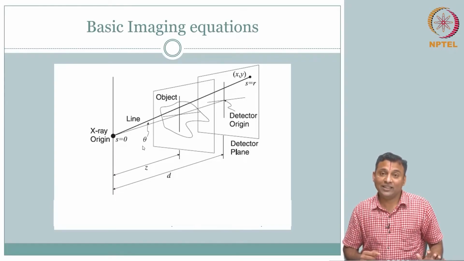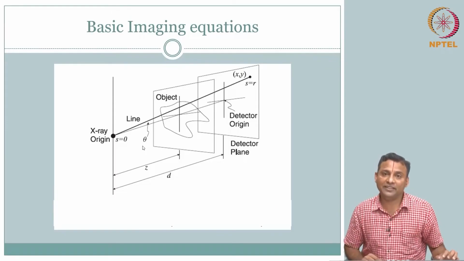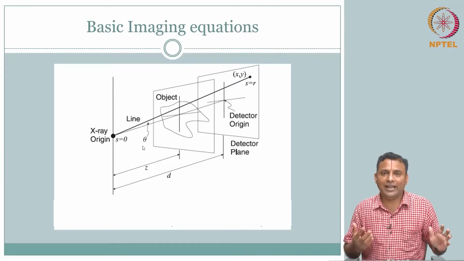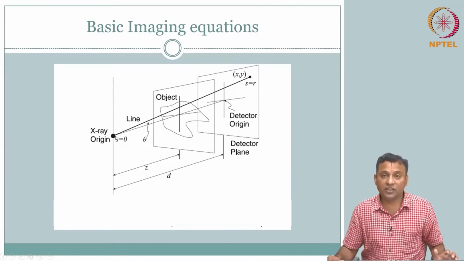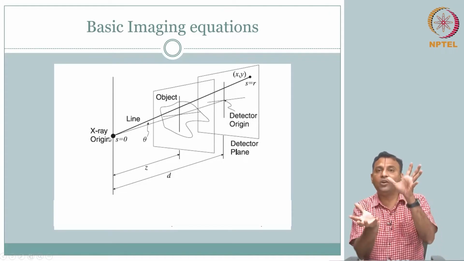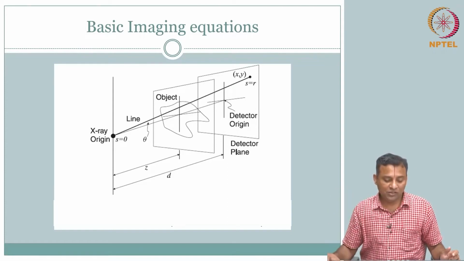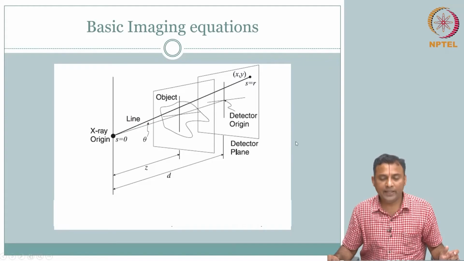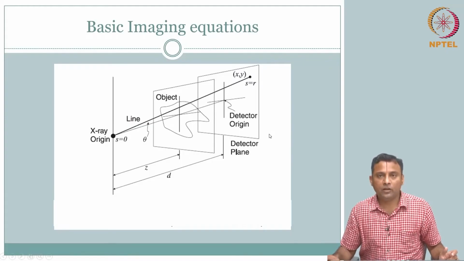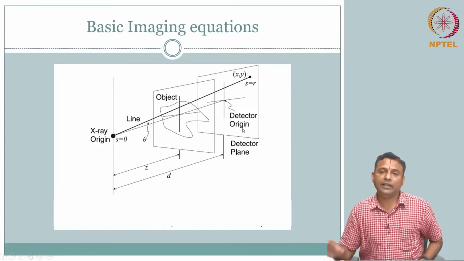Now the question is, is it actually hitting the delta x everywhere it is hitting? Is it hitting the same way, or because of the instrumentation is something not? You already have some answers, right. We already saw that the X-ray source is giving out a diverging cone. So we had filtration, we had restriction of field of view, right. Because of divergence, and because of this setup, you have several factors that we need to incorporate in our imaging equation. That is what we will focus on in this imaging